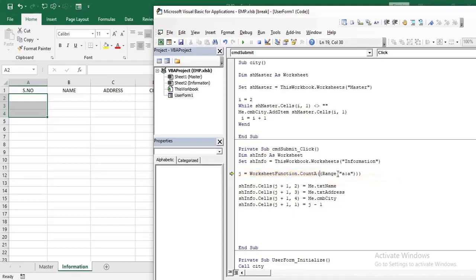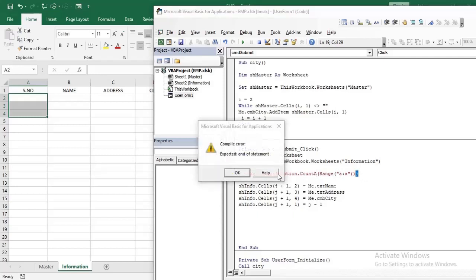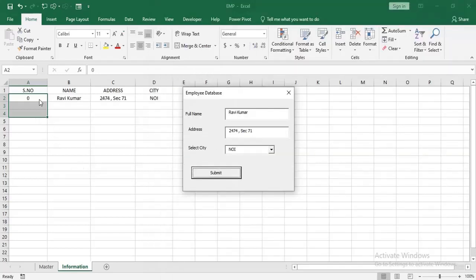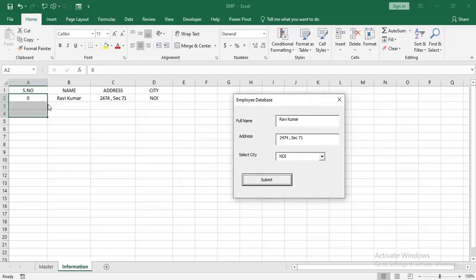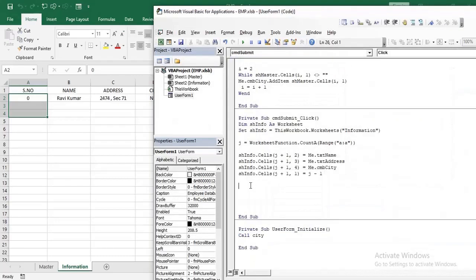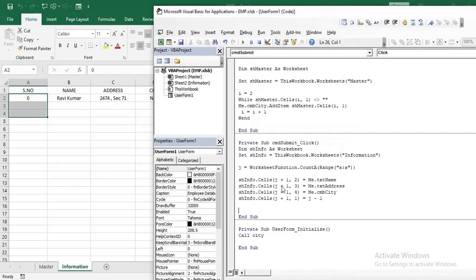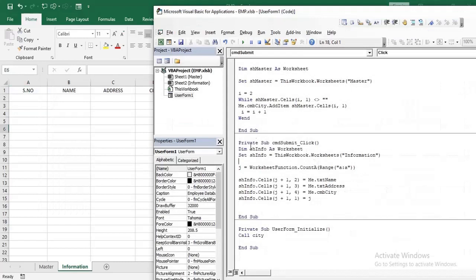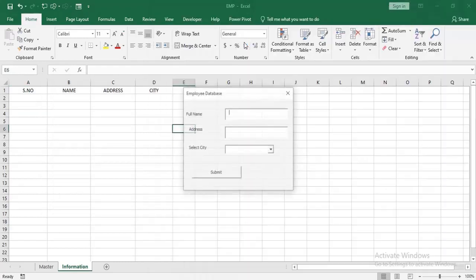Okay, let's remove this part. Okay, and see, the serial number is coming as 0. Okay, go back to the window. So these are the errors that we might encounter, and we can get them rectified later on. So do not minus this. Let me again run this command. Save this first.